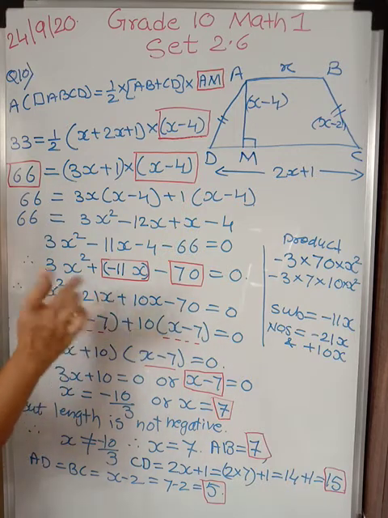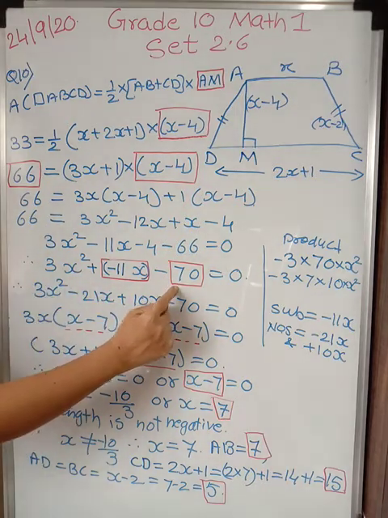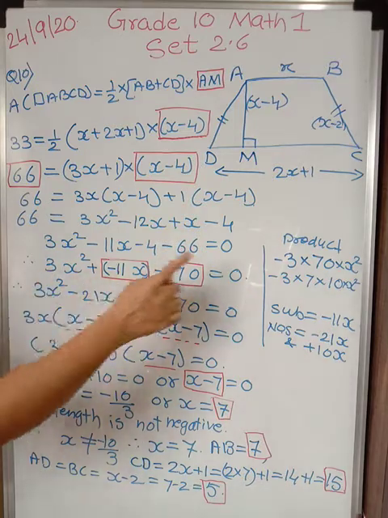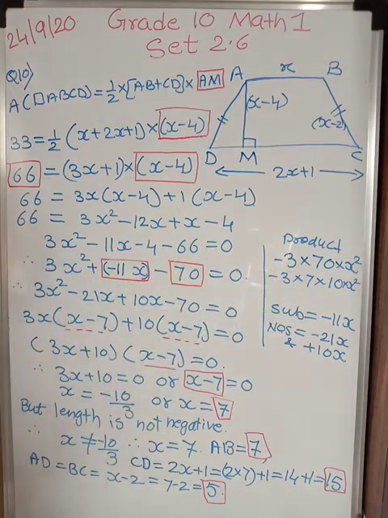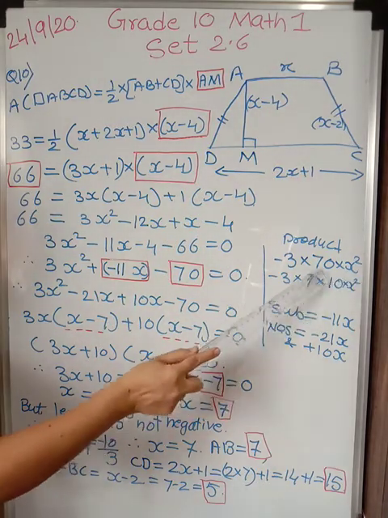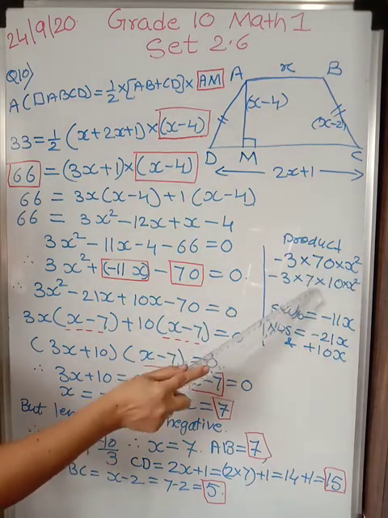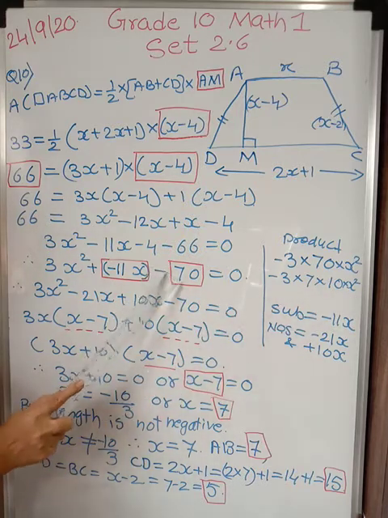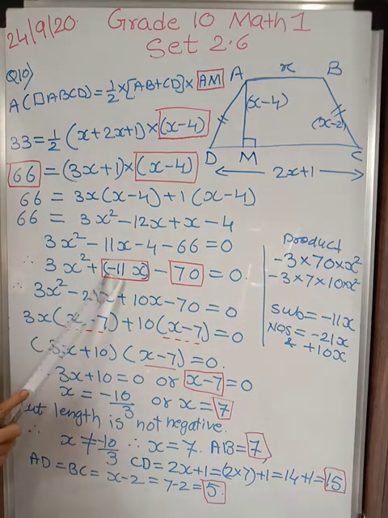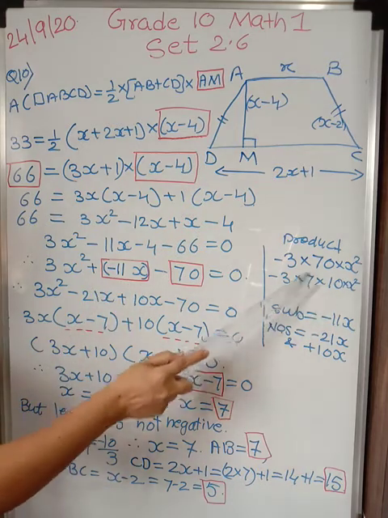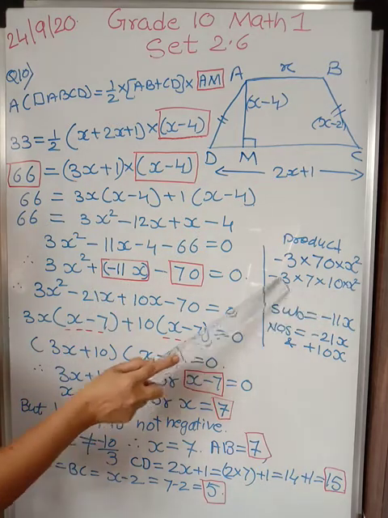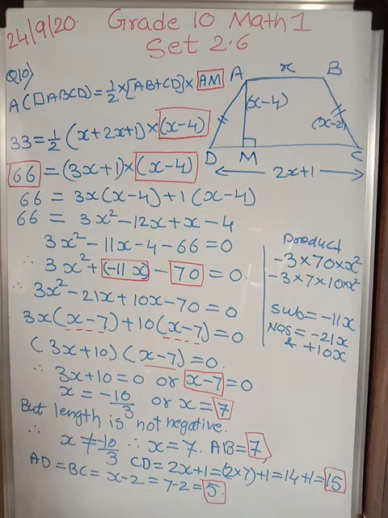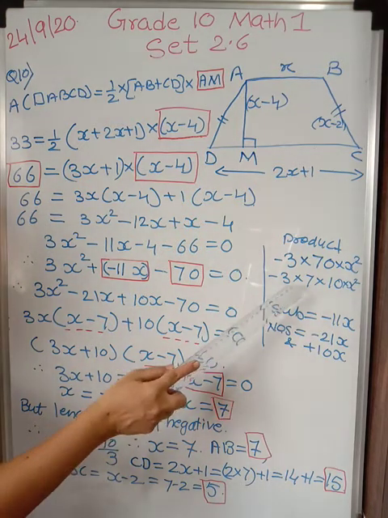How did this come? Now this is a quadratic equation. What should be the product? 70 into 3. So your product should be 3 into 70 into x square. Can you see over here? This is your product. Now split 70. 70 can be written as 7 into 10. So this should be your product and your subtraction should be minus 11. So by trial and error, if I take 30 into 3, then 30 minus 3 won't be 11. So try with another combination.